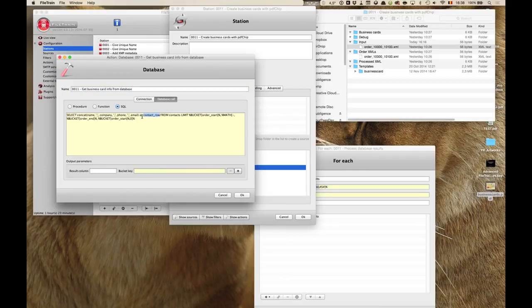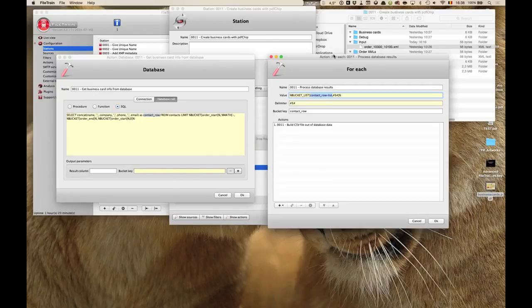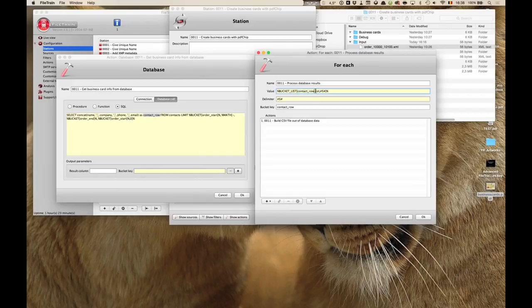Well, because this is called contact row, FileTrain automatically builds a bucket called contact row hyphen list with the results of that call. And all I'm doing here is preparing those, if you want, combining them with a special delimiter. And then the next field identifies that delimiter to the for each action. The result of these two things is that the for each action will take whatever comes out of the database,